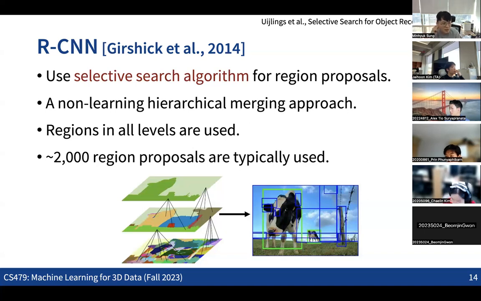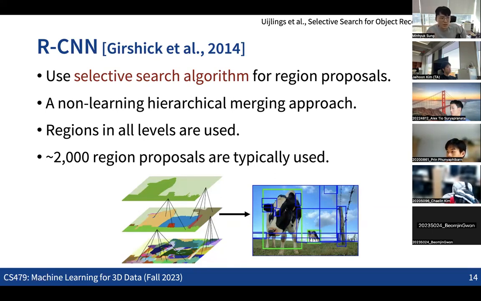Given these small clusters of pixels, we check all the adjacent groups of pixels and check whether they share similar colors or not. Based on some measure of the proximity of two adjacent superpixels, we hierarchically merge them, making bigger and bigger clusters. Then we go all the way up to one single cluster, which contains all the pixels in the image.